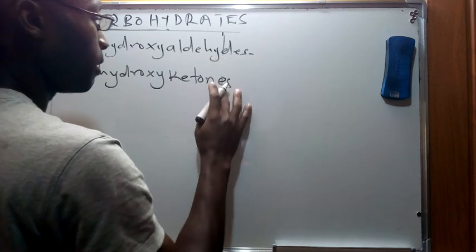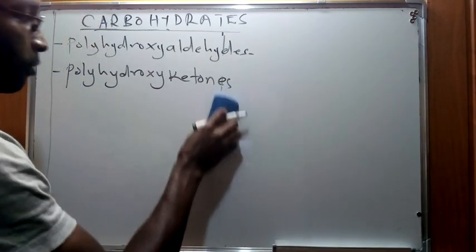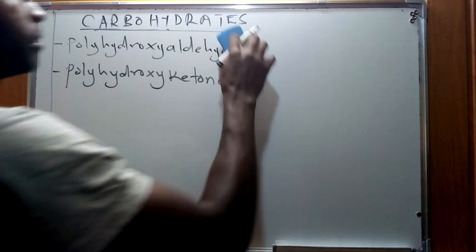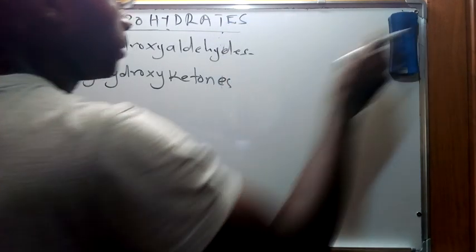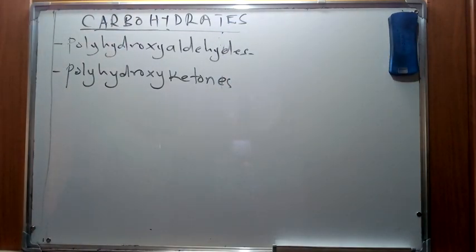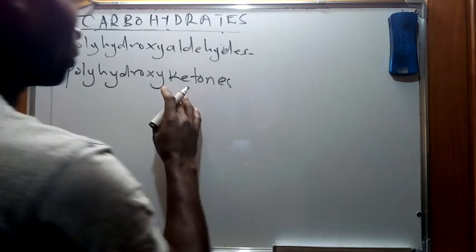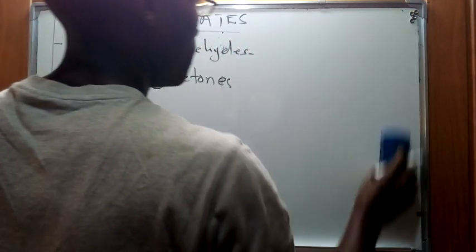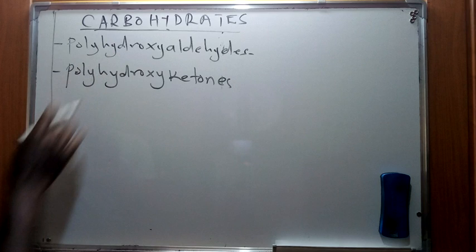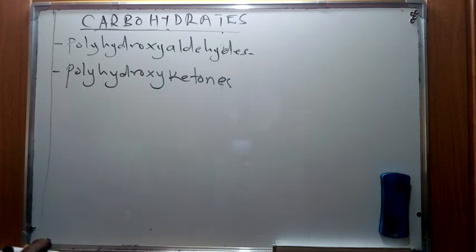Now, from our discussion about the concept of organic chemistry and some of the functional groups that we had mentioned, I'm going to put a link of the videos in the description box so that you can check the nomenclature of aldehydes and ketones. Now, in this case, from these particular names for the two product categories of carbohydrates, we can infer